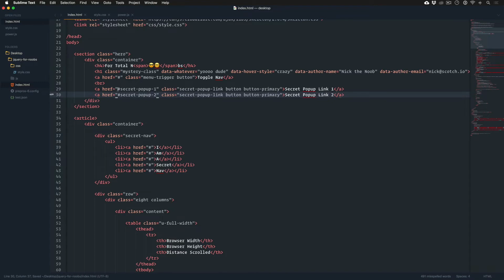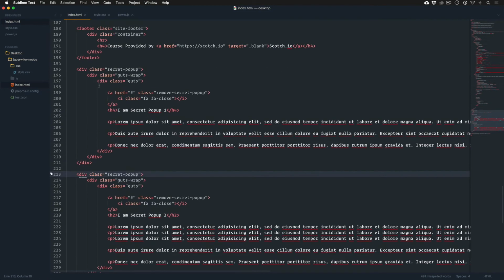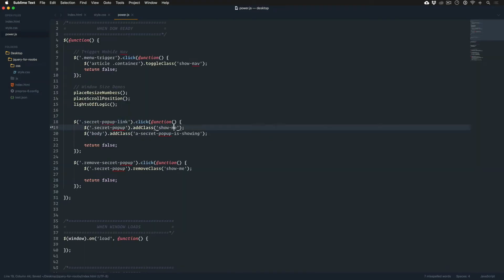And so I'm going to say the ID of secret pop-up 1 belongs to 1, secret pop-up 2 belongs to 2. So if I go down here to the bottom here, and I say ID for this one is secret pop-up 1, copy and paste this, and this one's secret pop-up 2. Now, all we need to do at this point is update our logic here so that it targets the specific